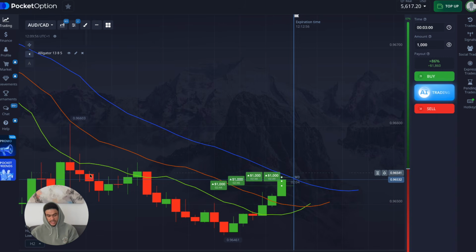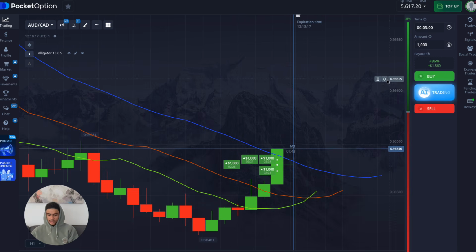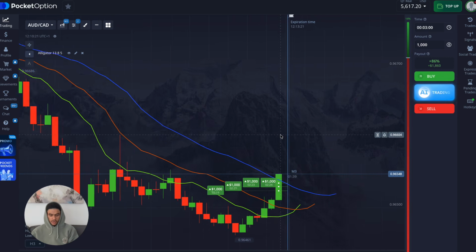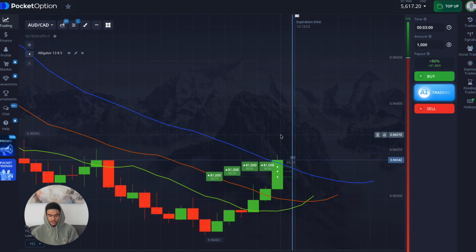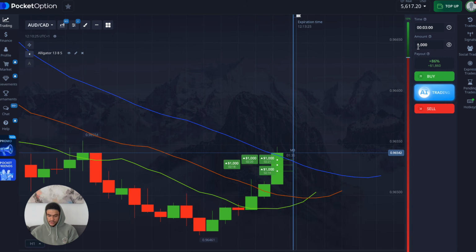This serves as a resistance line for us here, and you can see the price broke through the first time, got rejected, broke through again, another candle here, the cross starting to happen on the alligator. RSI is heading rapidly into 50 territory, so this is definitely looking like a strong reversal that we've been waiting for. I wish I placed a little bit more money, but 4,000 will do, and we can go down to